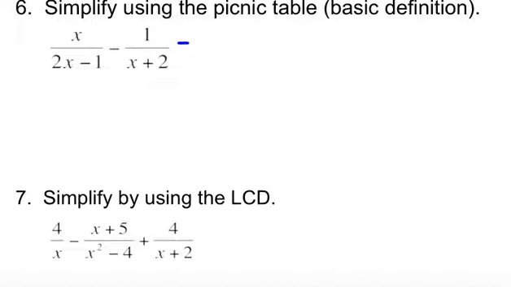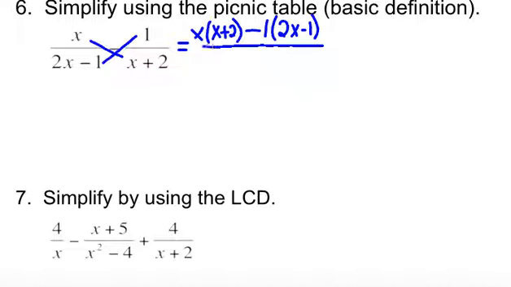So we want to simplify this. So we are going to do x times x plus 2 minus, because this is a subtraction problem, 1 times 2x minus 1 over, and you're going to multiply your two denominators, 2x minus 1, x plus 2. Okay? Now at this point you can leave your denominator alone. Do not FOIL that out. We want it in factored form. It's easier to look at that way. So the denominator is going to stay,